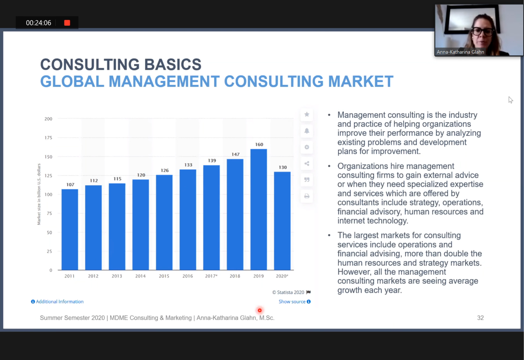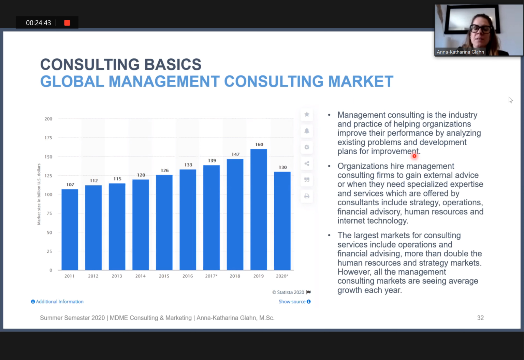These numbers are from the website Statista, and they are pretty current at the moment. What we don't see is the decrease in 2008 and 2009. What we do see is a continuous increase until last year. And they already lowered their expectation for this year because of Corona.